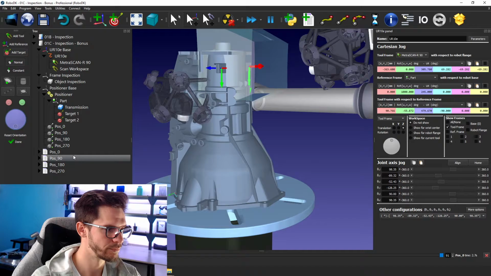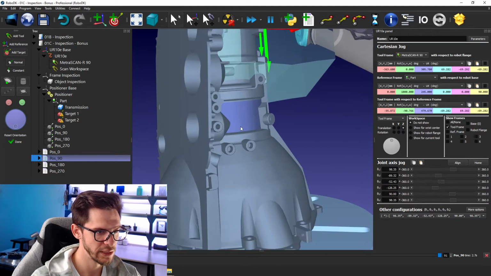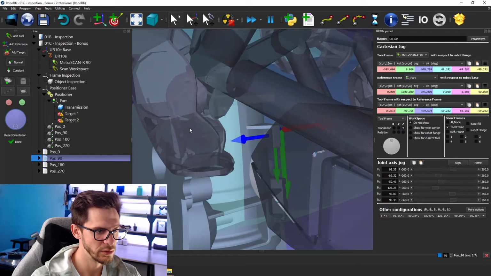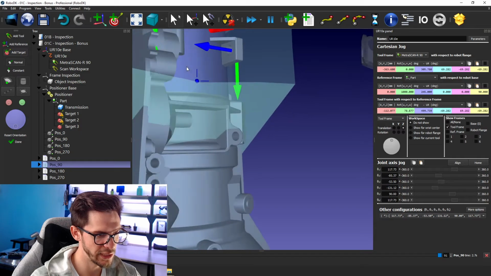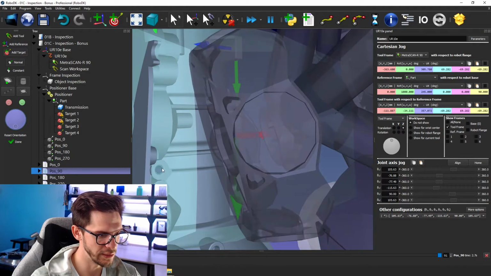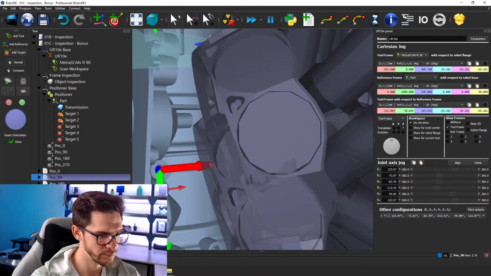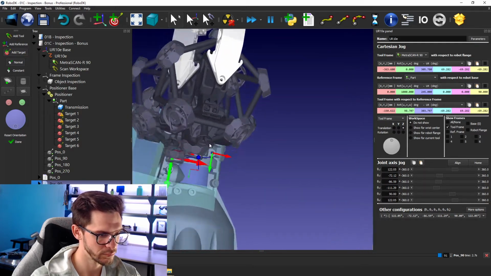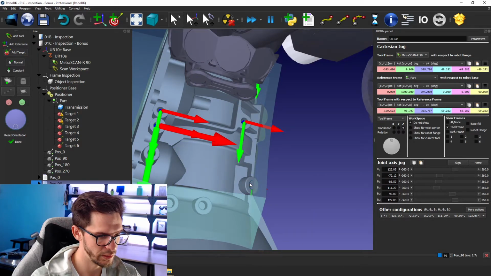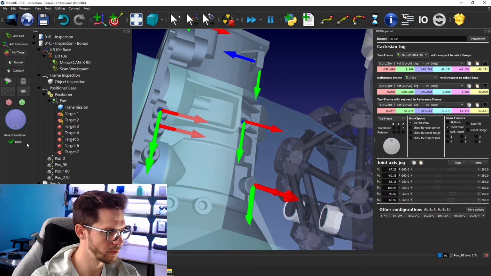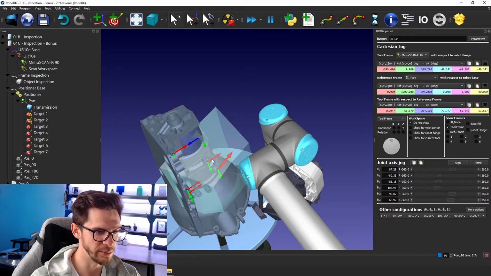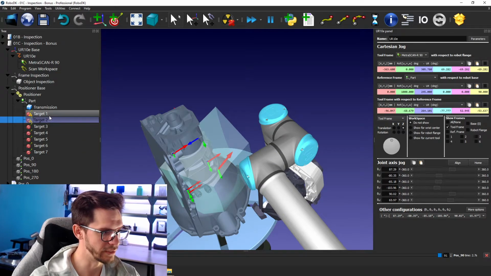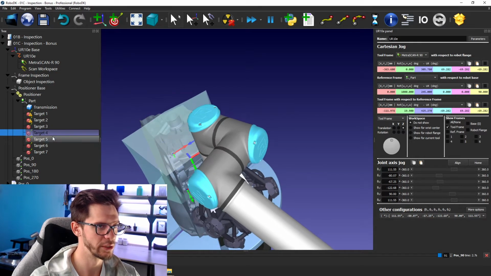I could rotate here 90 degrees and go grab some other holes here, let's say, here, and here, and here. Click done, and I have a program here where I can go from one target to the other